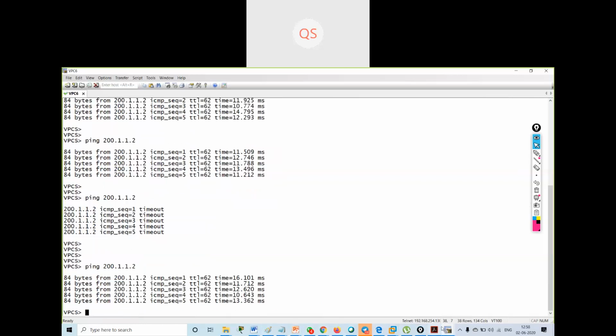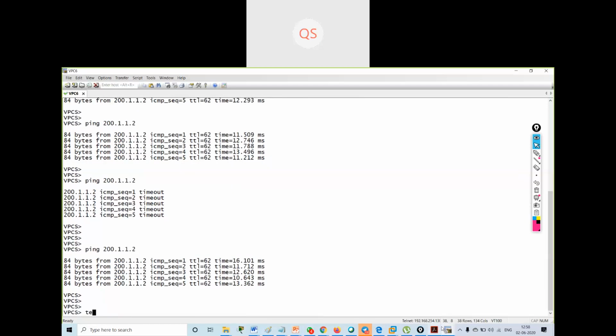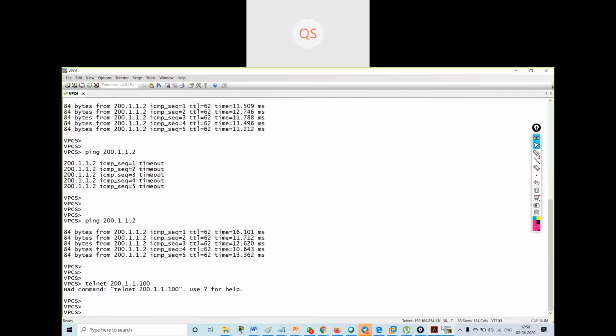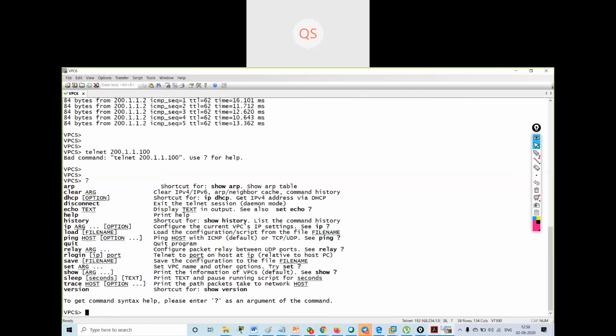Now I will go on my PC and telnet 200.1.1.100. Here telnet is not supported on this VPC.